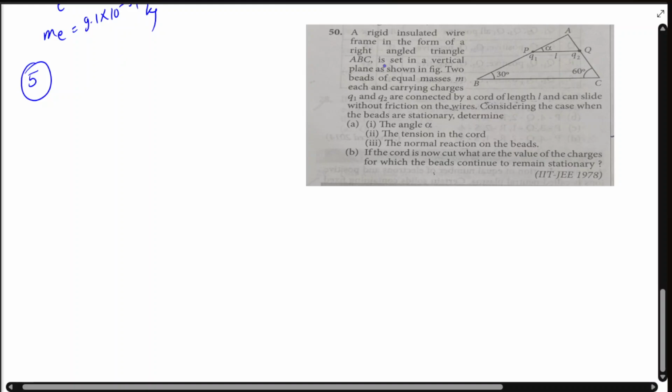Okay, perfect. So it is given. This question is actually hard. It's a pretty typical question. I can say it's hard. It's a typical question. It will consume your time. Okay, let's start. A rigid insulated wire frame forms a right angle triangle ABC, set in a vertical plane. Two beads of equal mass M